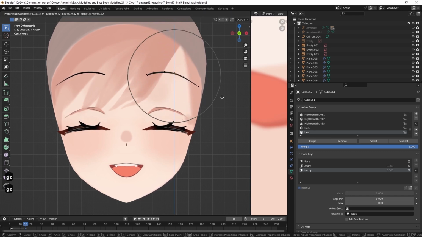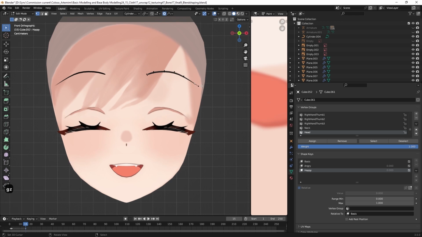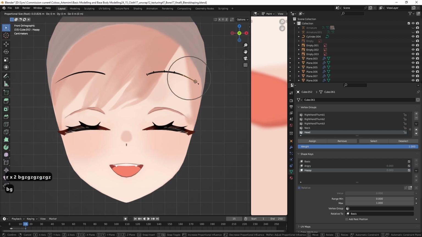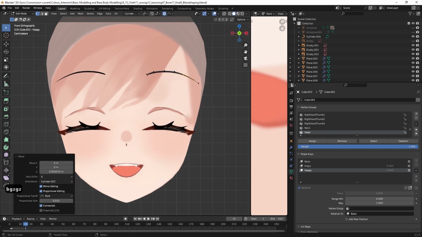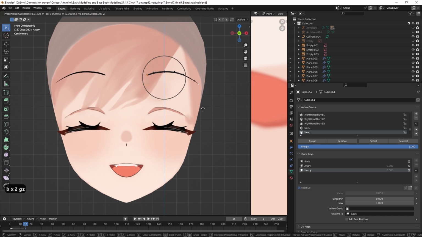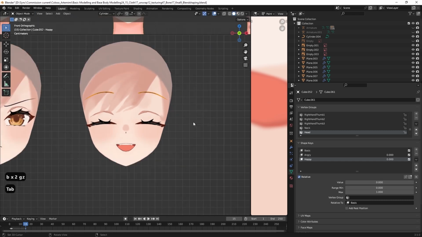All right, so it will look like this. Move it up like this. All right, and then we're gonna move this down. All right, so it will look like this.